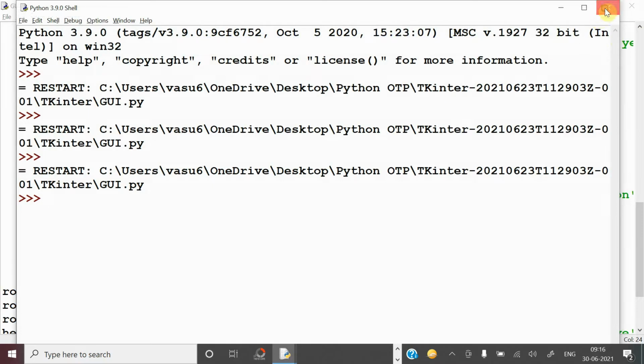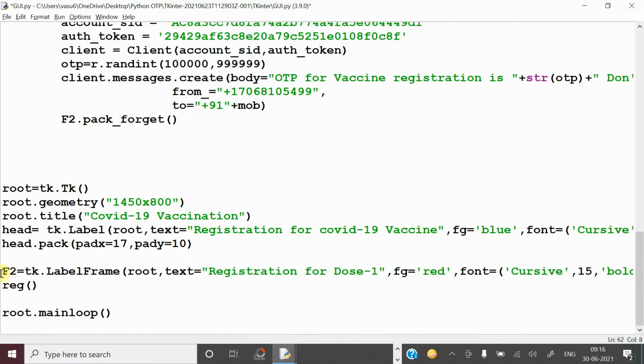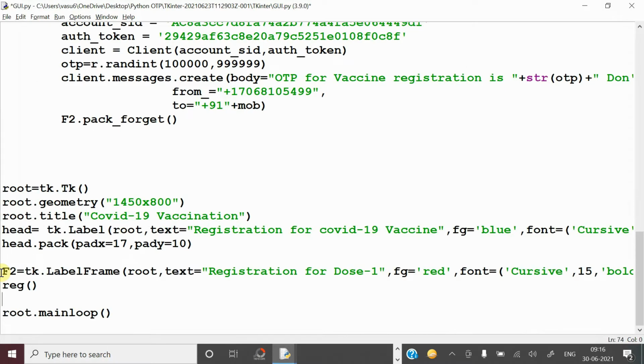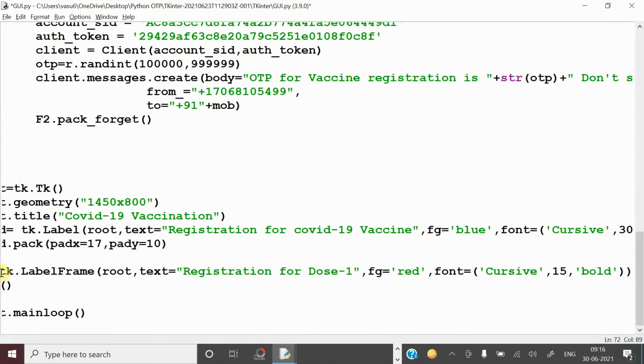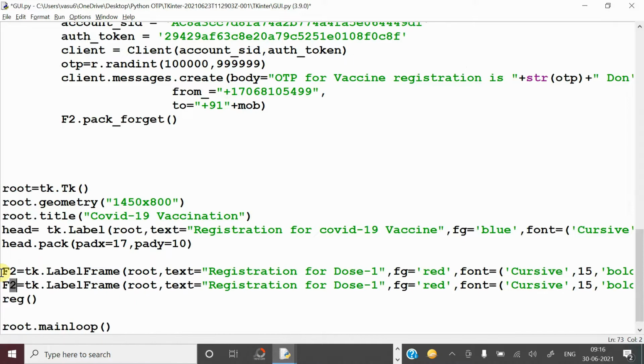So for this, after that, you have to use another frame for OTP purpose. In the beginning, create that frame, but don't pack it. What is the frame name? F3.